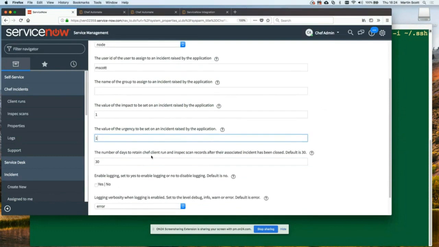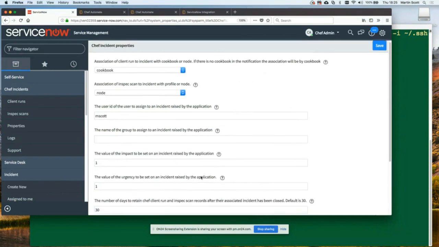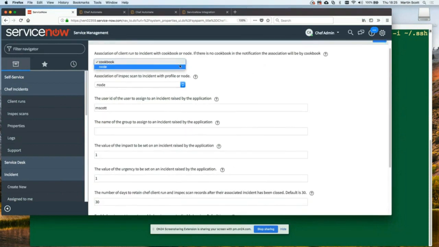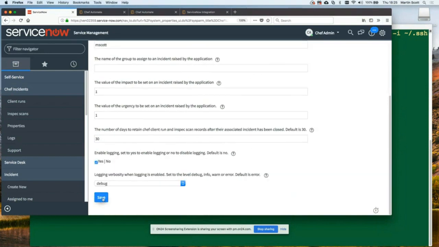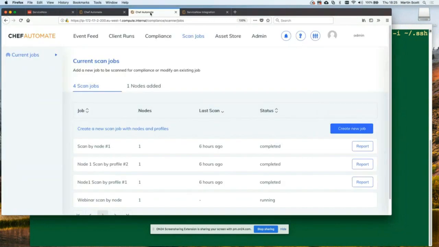The number of days to retain a Chef client run, I'll come back and touch on that after. Logging is disabled by default. We're going to enable the logging. And we have 4 logging levels for the application: debug, info, warn, and error. And I will set that to debug. And I will also save the association of the client run to node and save those properties. I go back to Chef Automate and see how my